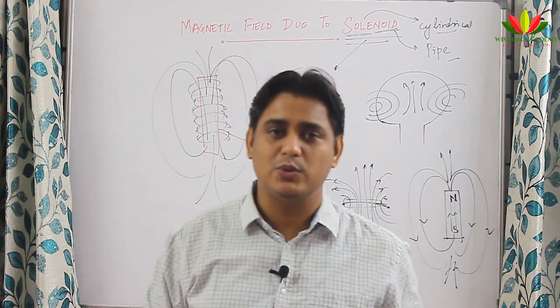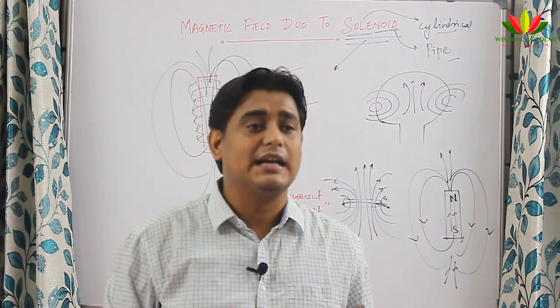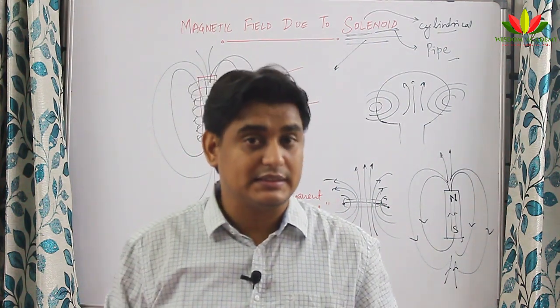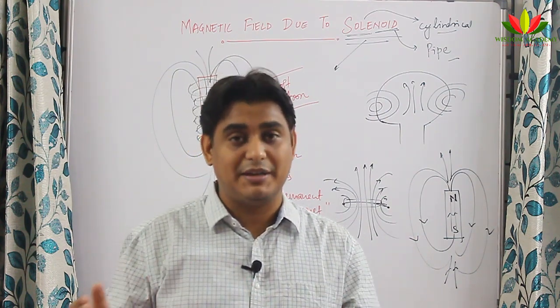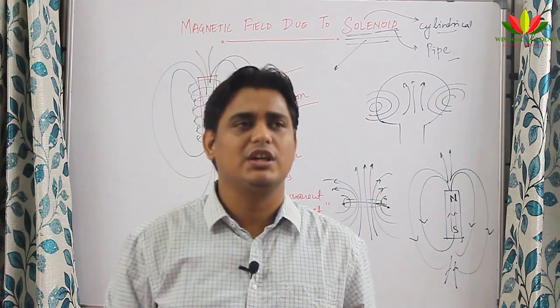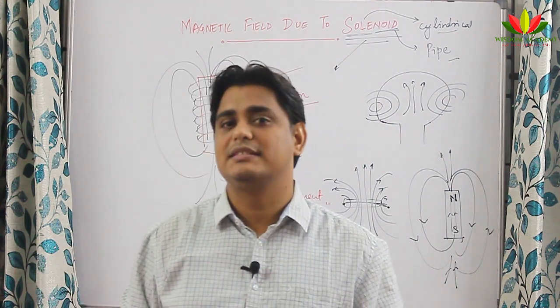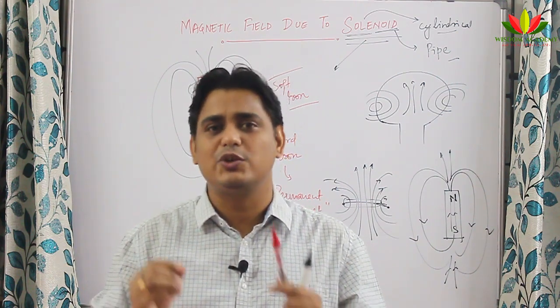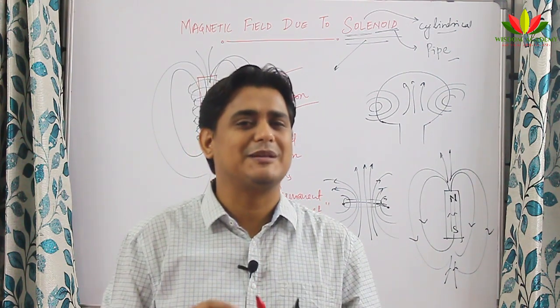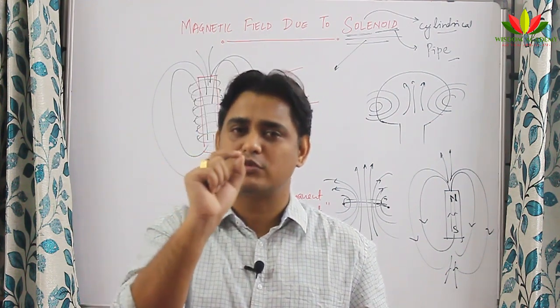So one example I said, it is used for removing the iron filings from the dump yard. It is also used in MRIs, magnetic resonance imaging, a medical field application. Electromagnets are also used in MCBs, that is miniature circuit breakers, which are nowadays present instead of fuse, we are using MCBs in the home. Inside MCBs also small solenoids are present.